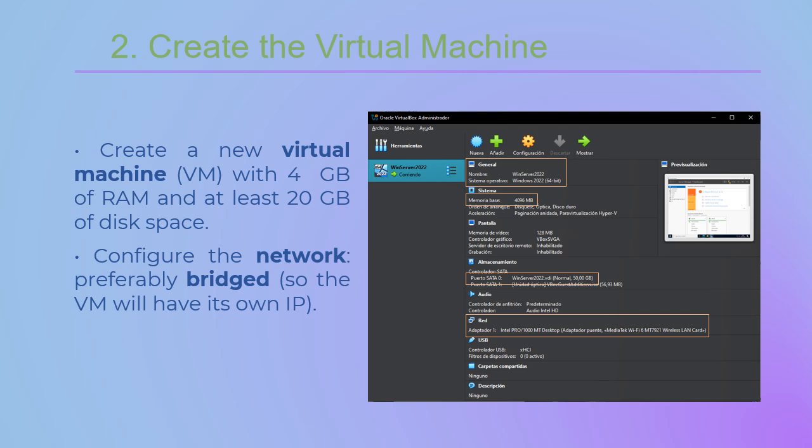And we will also need to set the network configuration to bridge mode. So in this way, the virtual machine will have its own IP address, different from the IP of the host machine. This will be the IP that will be accessed from other devices on the network.